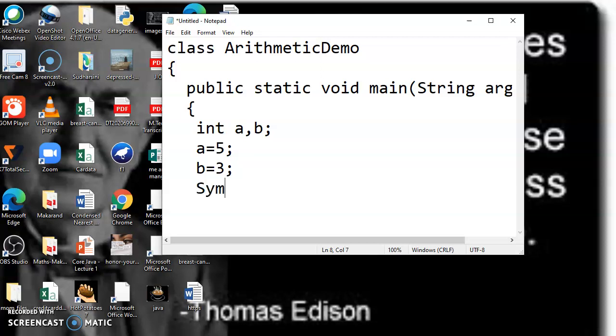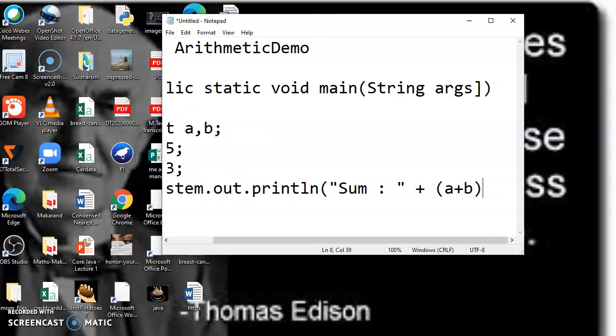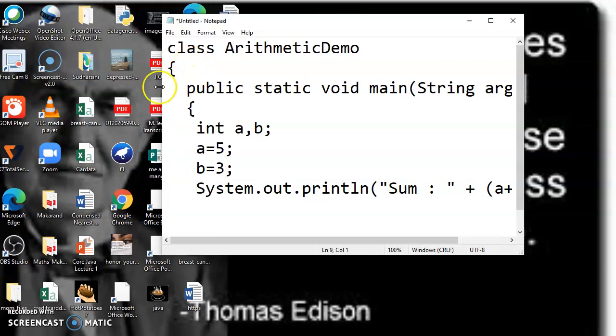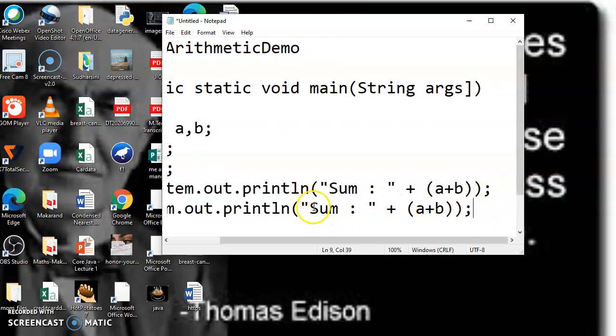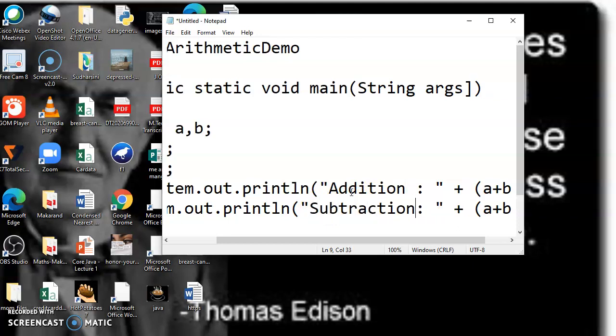Now I am directly printing the output of those values. System.out.println, sum. How to find a plus b? Next, in the same way, let me write addition. Subtraction: for subtraction, the symbol is minus.